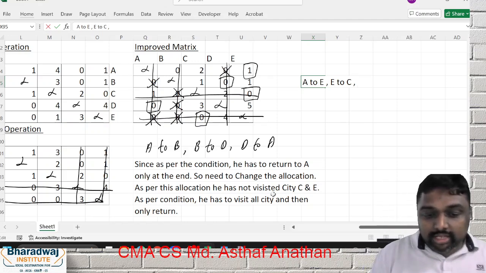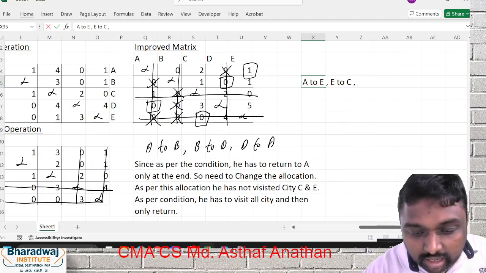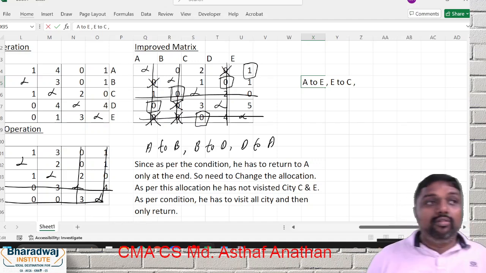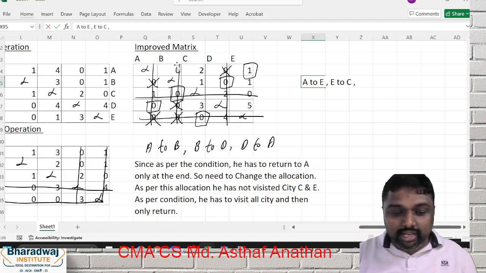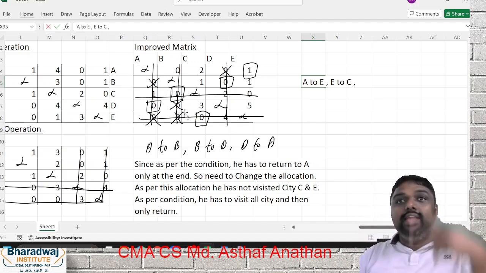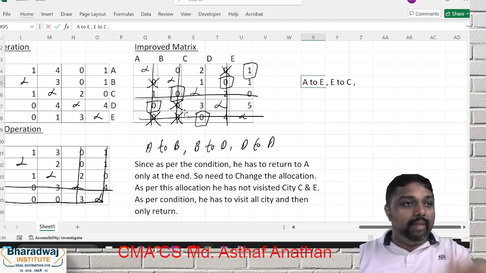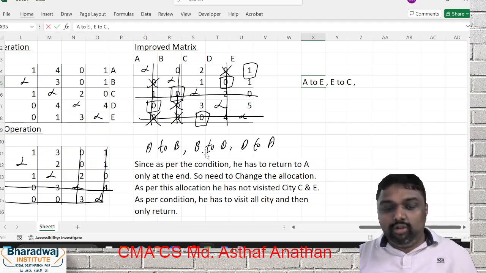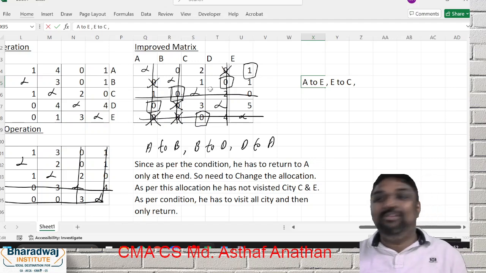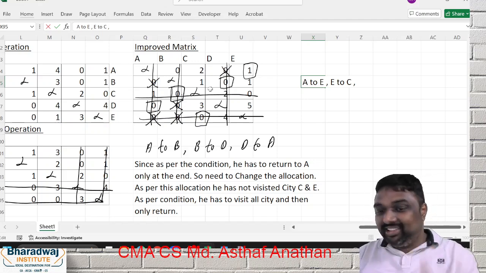Then from C where do you go? Now instead of that you have to interchange here. Here there is a 0, so that interchange will go, and the effect will come to B. Correct? Because you are interchanging. Instead of this, if you are allocating, you have to interchange here also, because it is the same location. So that interchange can happen two ways, but there is no cost involved. Here also 0, here also 0. That problem will not be there. Hope you are clear.